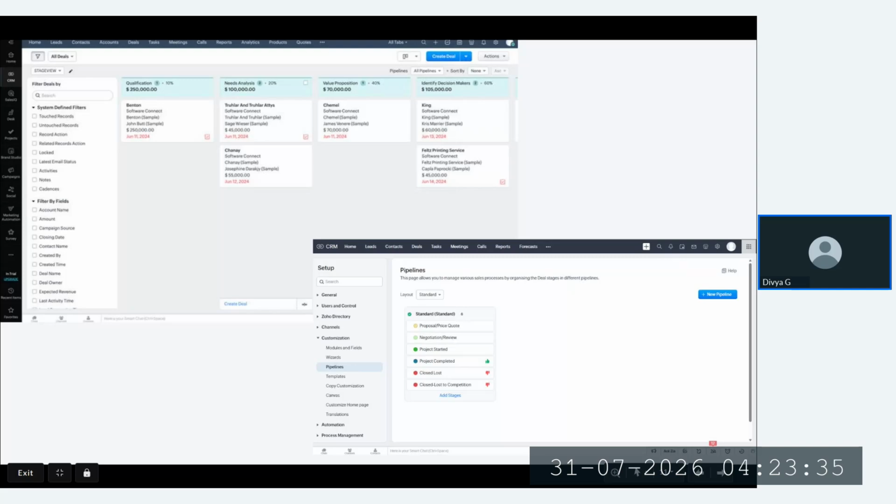You have to go to the back end, and under the customization, there will be a pipeline. So you can create another pipeline, 3 to 4 pipelines based on the purchase plan, the limit.